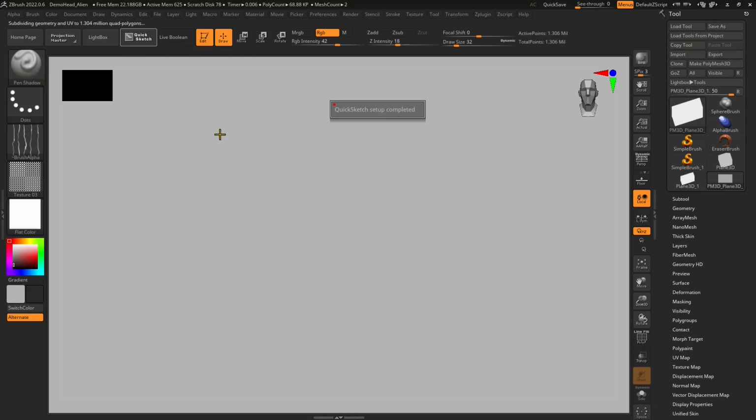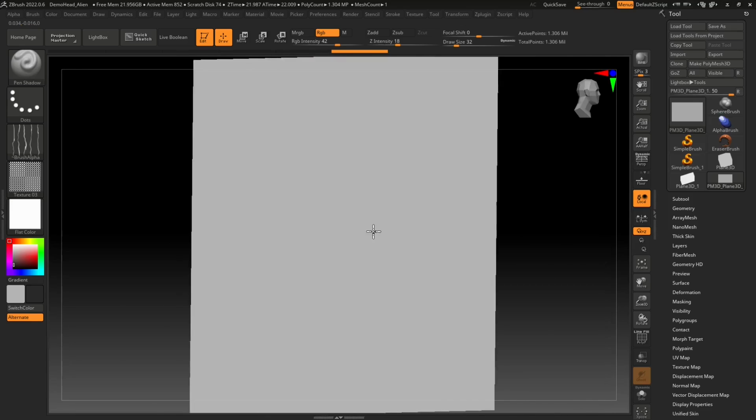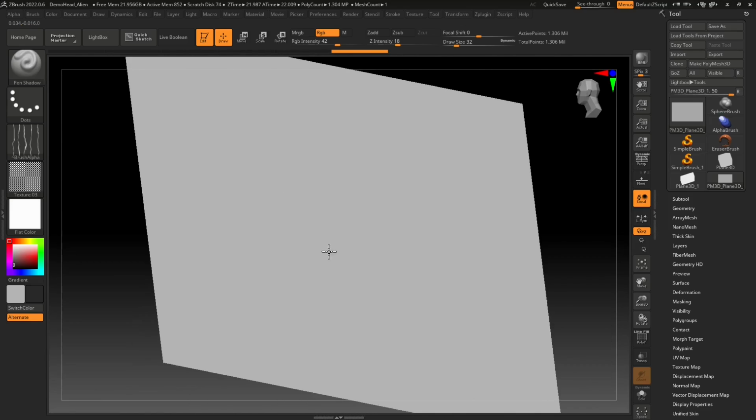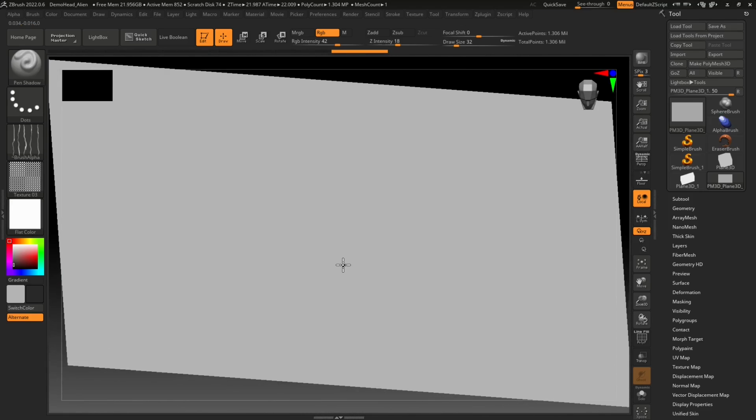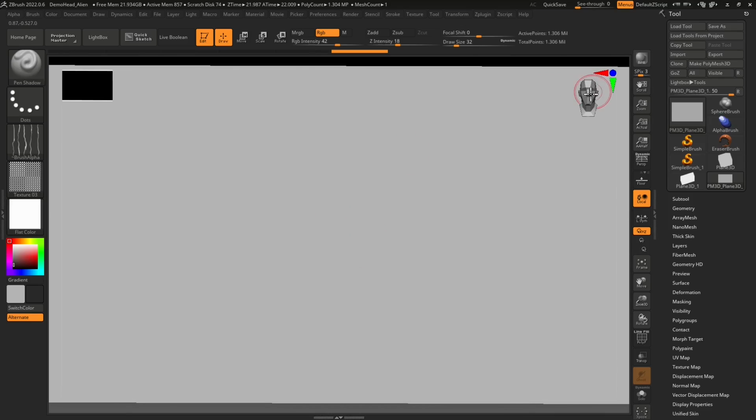So if you click there, now we are in a 2D canvas. It's telling me that Quick Sketch setup is completed. So this means that I'm basically here with a rectangle or a plane, a 3D plane, which is also a polymesh. And we're going to explain what polymesh is in just a minute. But essentially what I can do here with Quick Sketch is I can click that button and I can just go and sketch on this canvas, on this, let's say, paper, a painting surface that